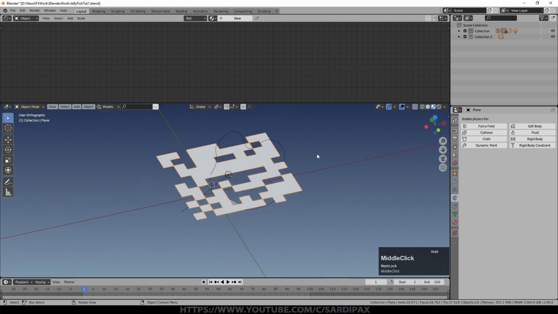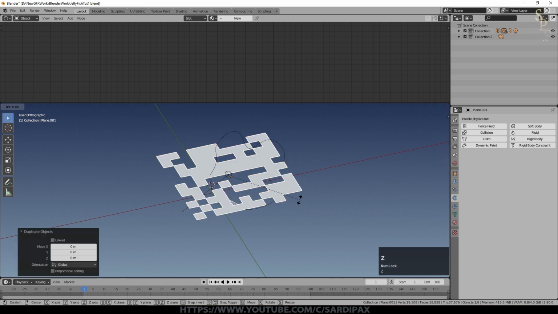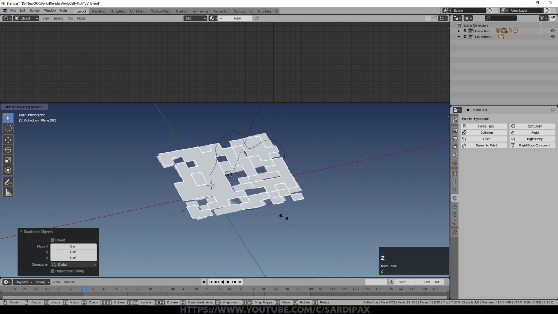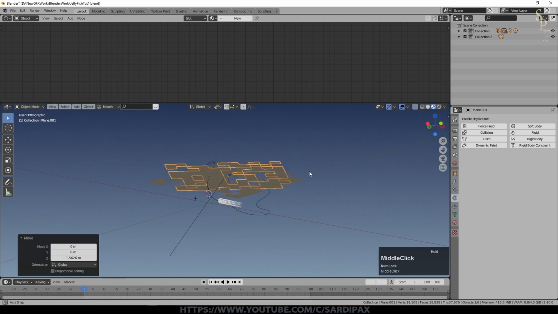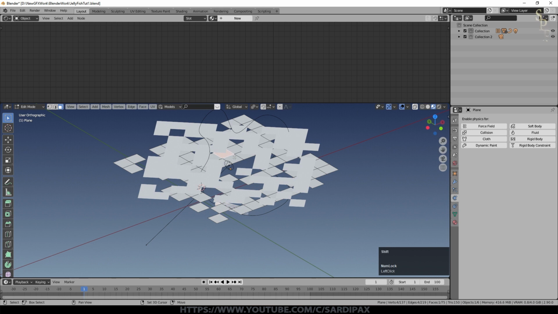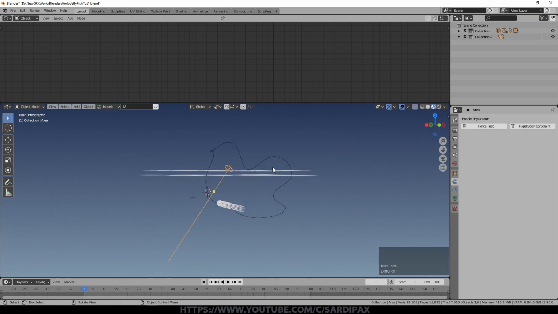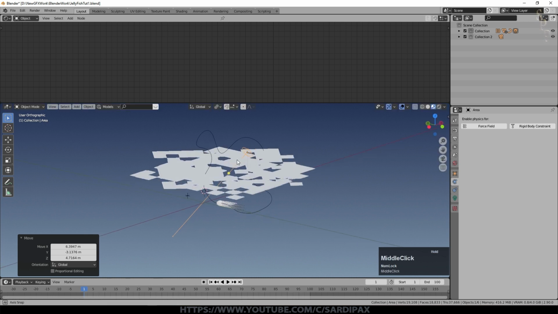You can create another one with a different random, or you can just duplicate this one, rotate on the Z to be at some other angle, doesn't matter too much. And then I just lifted it up slightly so it's easy to select which one you want. There's a bit of a block there, so I'm just going to take a few more faces out there, and perhaps a couple there. So I'm just going to move this lamp, scale it up a little bit, and then I'm going to move this lamp up slightly just to make sure it's well out of the way.